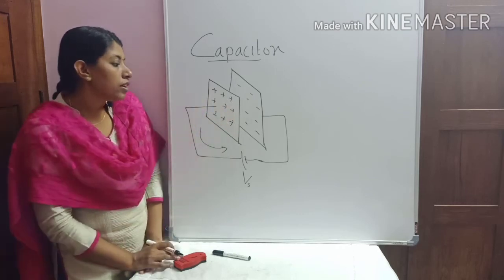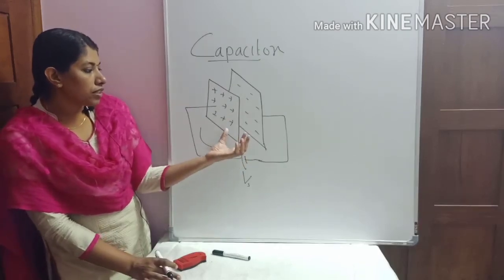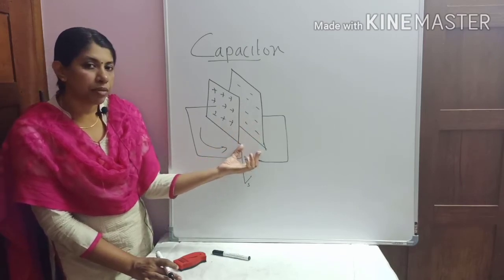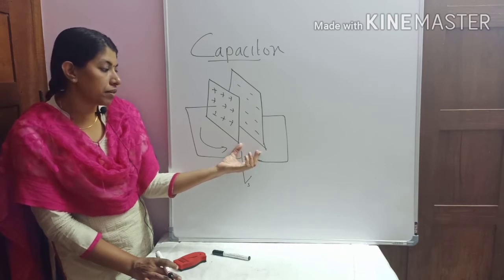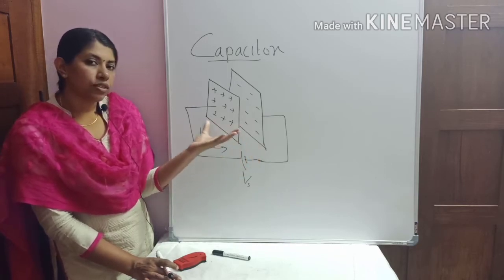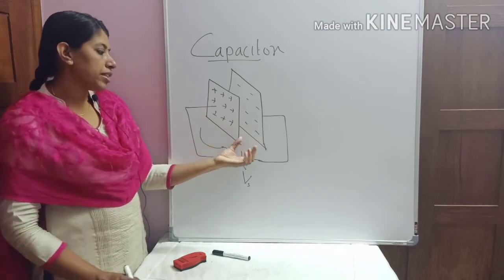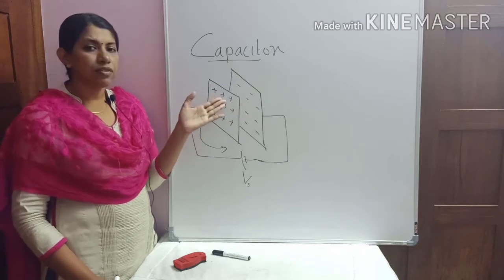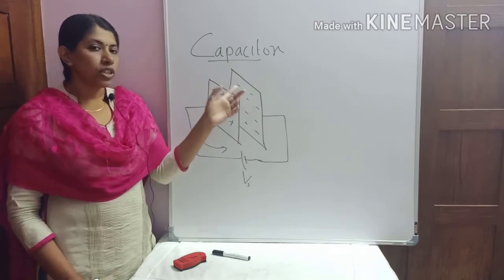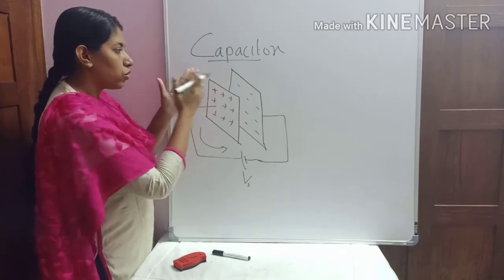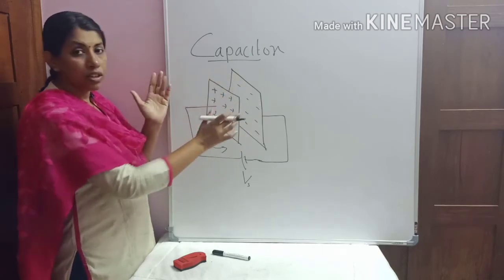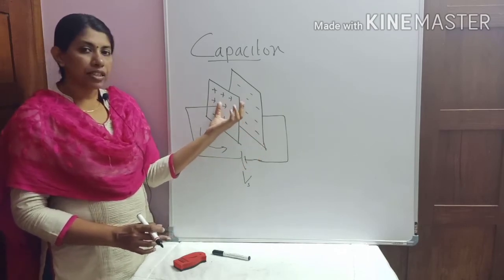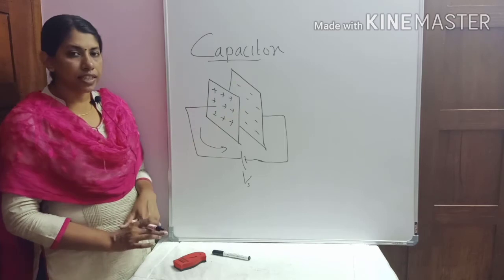That you should understand. Why can these charges not flow across? Because the plates are separated by an insulating medium, or more specifically a dielectric medium. So this is how a capacitor stores charge inside it. Imagine there is no insulating medium in between, then the capacitor function itself is not possible because it cannot store charge. The circuit will be complete when the metal conductors are joined, and the current will flow. Because of the presence of the dielectric in between, the capacitor is able to store charges inside it.